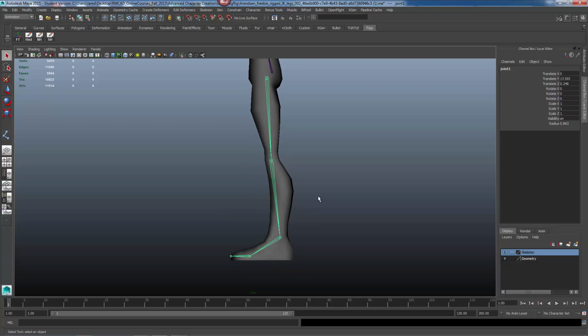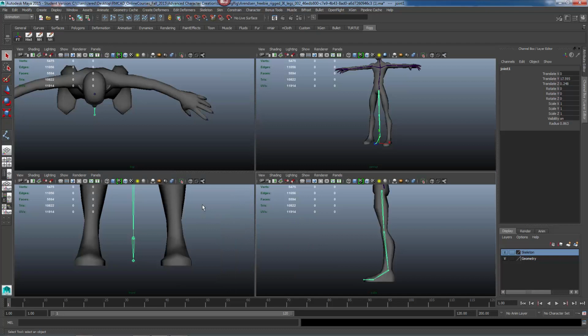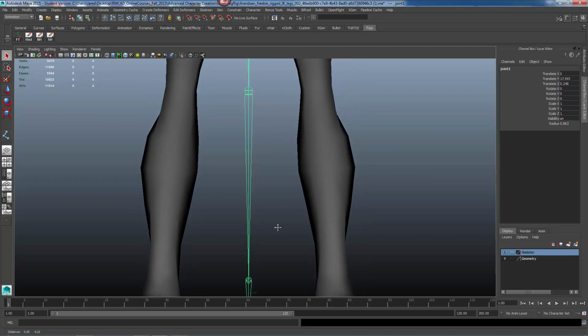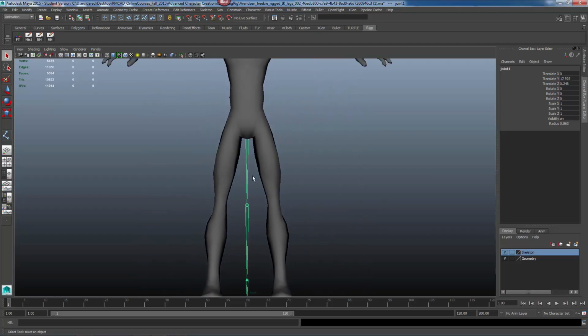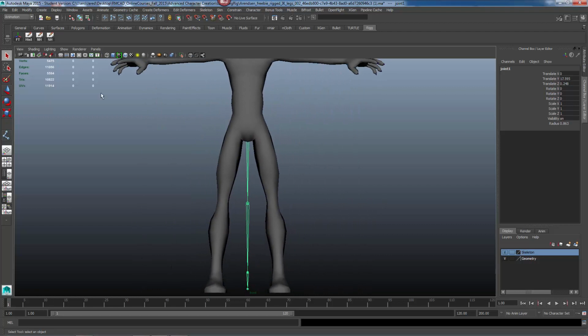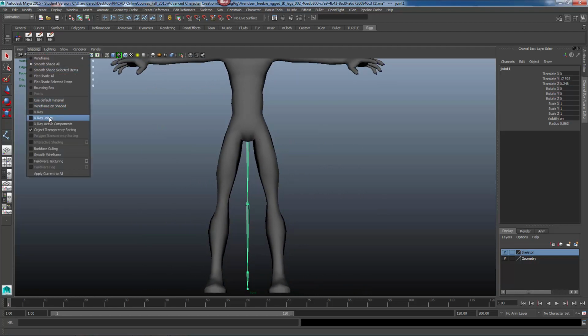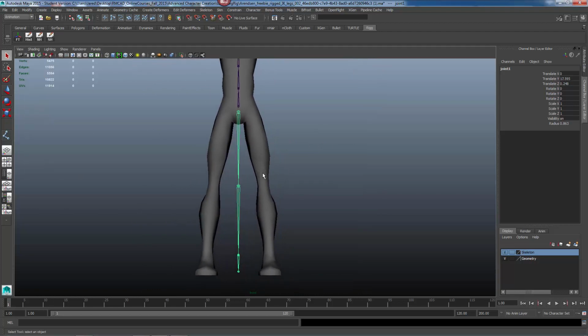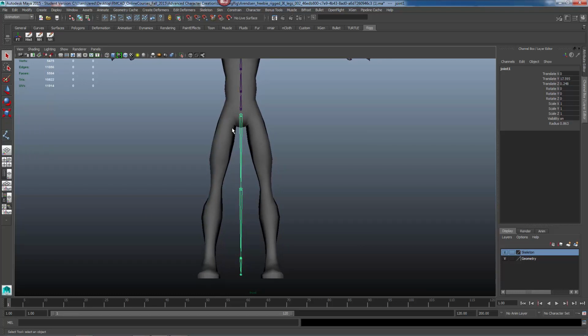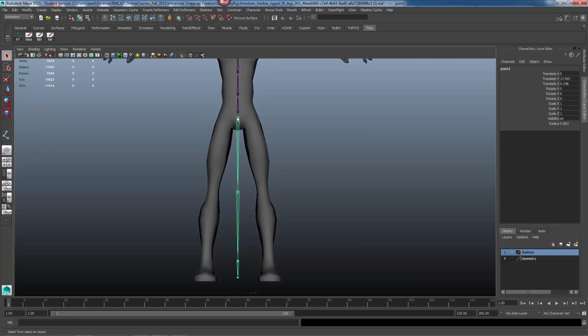And then the placement is going to occur now. So what I'll do is just hit the space bar to jump out of there. And I'll jump into the front view for now. And really what I have to do for each one of these, I have to go to shading down to X-ray joints to be able to see through into my joint chain through my geometry. So I'll use my move tool now. So either hit W on your keyboard or click on this guy here,